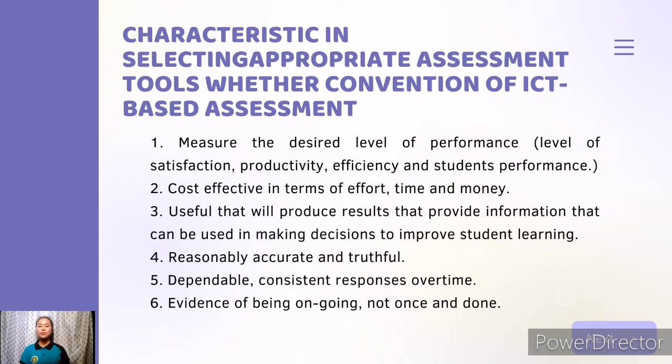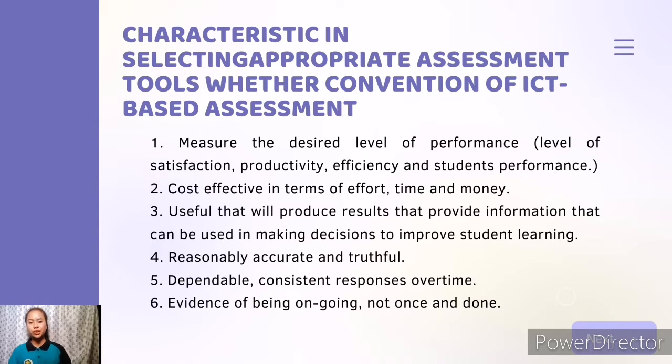Number 2, cost-effective in terms of effort, time, and money. So in short, the tool that you want to use must be worth it or can give things that you need. Number 3, useful, that will produce results and provide information that can be used in making decisions to